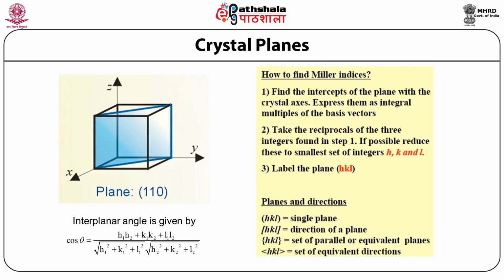Now, how to find Miller indices? First, find the intercepts of the plane with the crystal axes. Then, express them as integral multiples of the base vectors. The second step is to take the reciprocal of the three integers found in step 1. If possible, reduce these to the smallest set of integers h, k and l. After that, label the plane